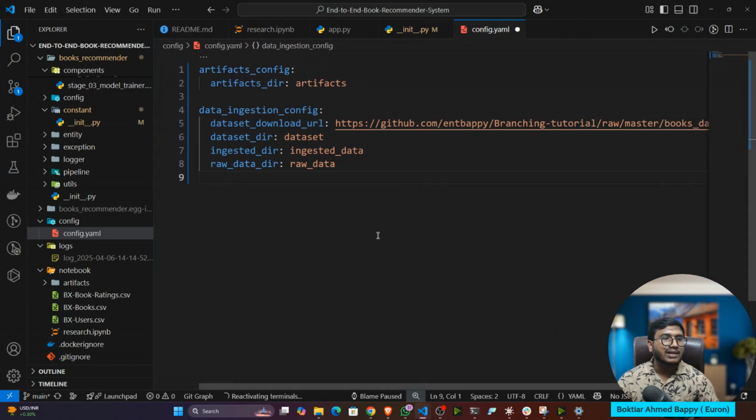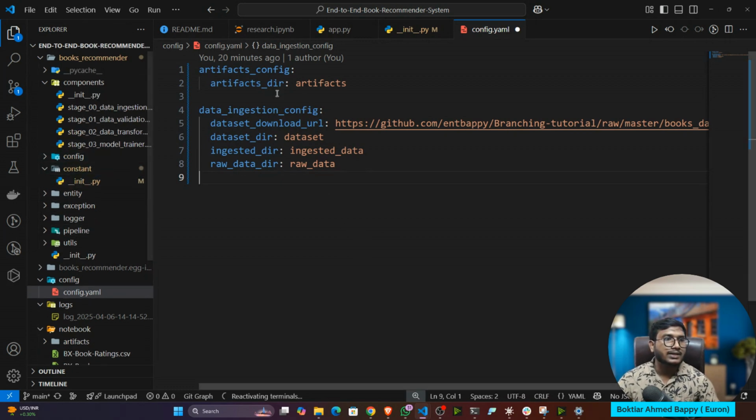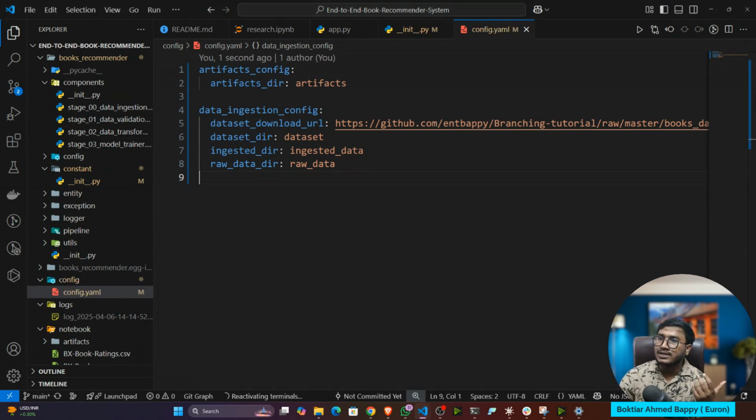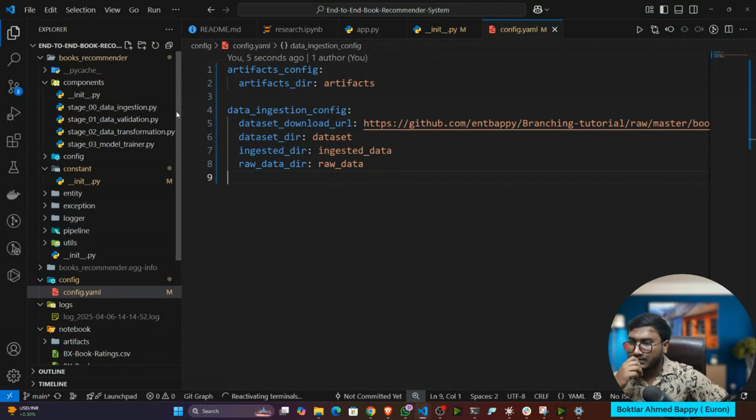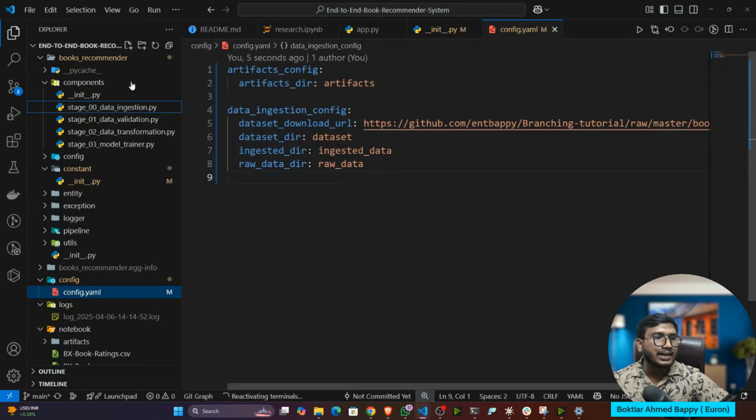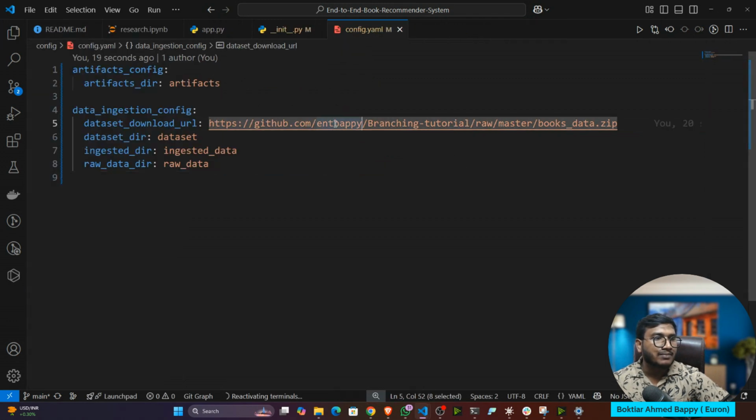That means it will have data ingestion related variables or URL or whatever you are doing. So first of all, it will create an artifact folder. And you know what is artifact? Artifact means whatever my code will generate. So in this case, after doing the data ingestion, guys, what will my code generate? Tell me. After running the data ingestion file, what will my code generate as an output? Let's say as an input, I'm giving my data URL.